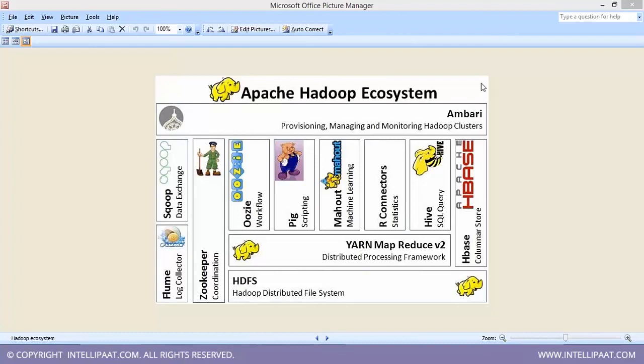So this is a big picture about Hadoop. All these different tools are available, and that is why Hadoop becomes a very, very powerful mechanism. It has all the tools available where you can store, you can process, you can automate, you can do analysis. Apart from that, there are many other tools like Spark and Storm. We are going to spend some time on Spark also.